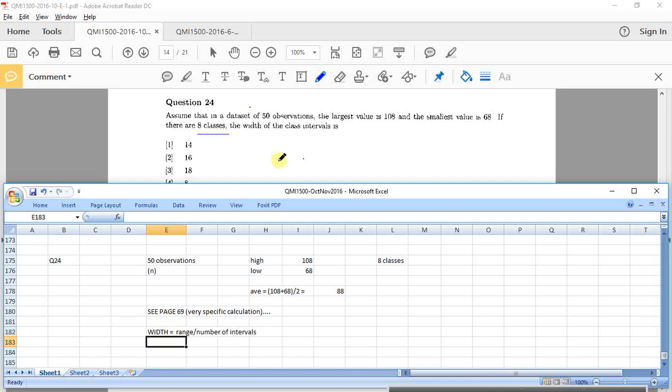Okay, so what is my range? My range would have been the difference between the highest and the lowest. So width equals brackets, the range is 108 minus 68, close brackets, divided by the number of intervals. How many intervals do we have? 8. That gives you 5. Still none of the above. Option 5, none of the above. So width is 5 according to the